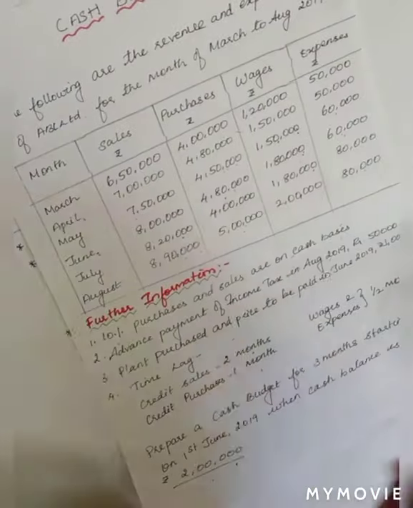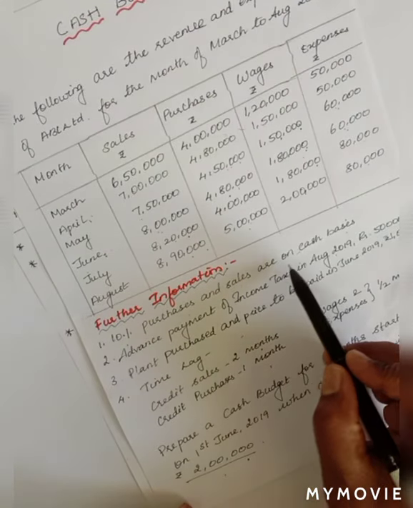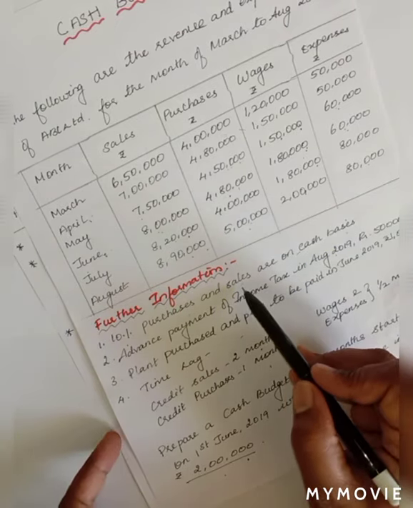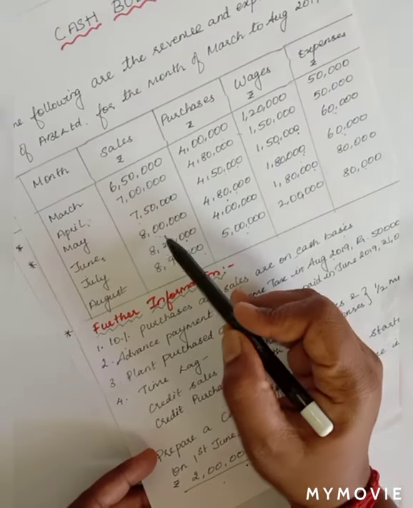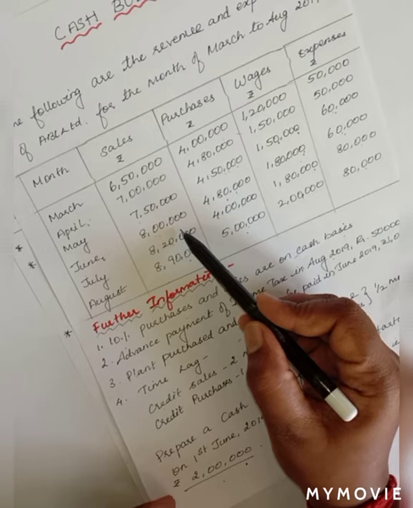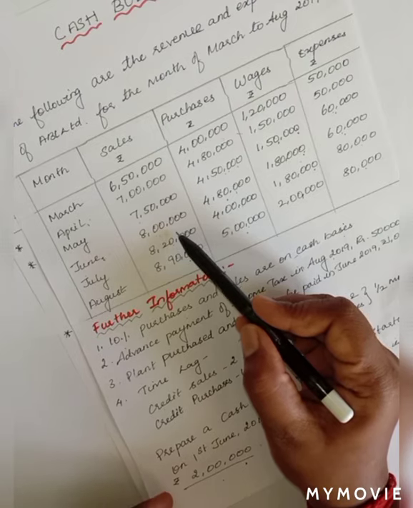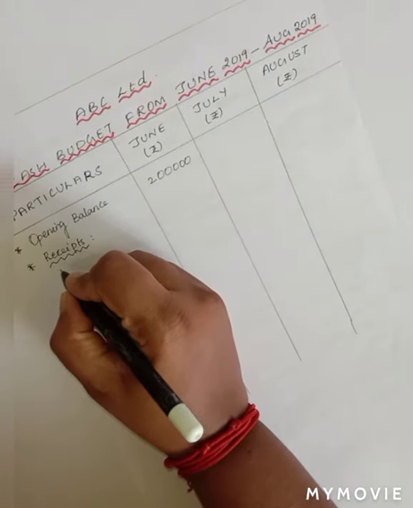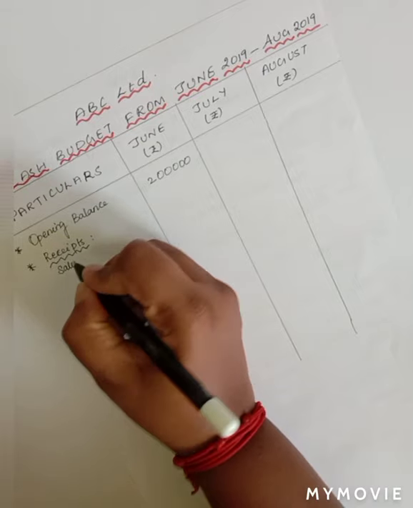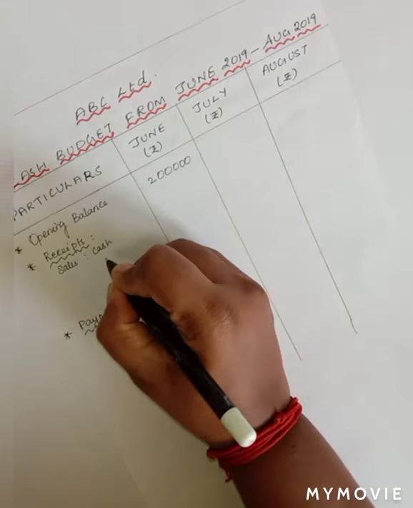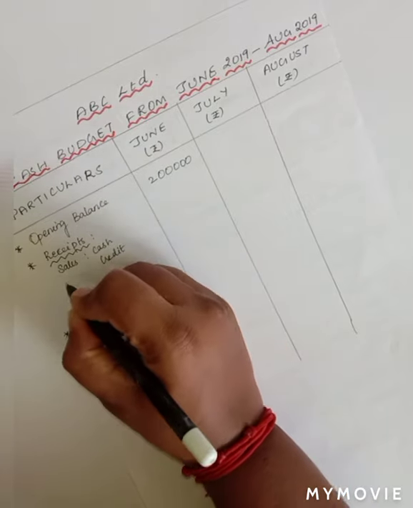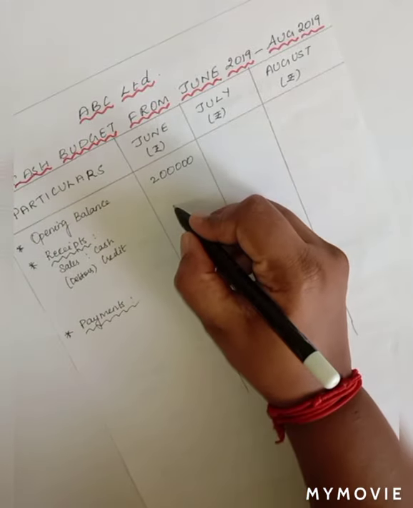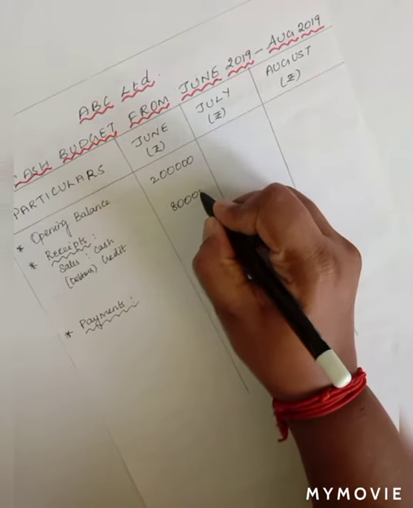Okay. So now, it has been told that 10% purchases and sales are being on cash basis. We'll work out cash sales first. Okay. So sales on June, it has been done for 8 lakhs. It means that out of 8 lakhs, 10% is received in the month of June itself. So that is a receipt. So under receipts, cash sales, you can write cash and credit, and this credit will lead to debtors. Okay. So out of 8 lakhs you are going to receive only 80,000.